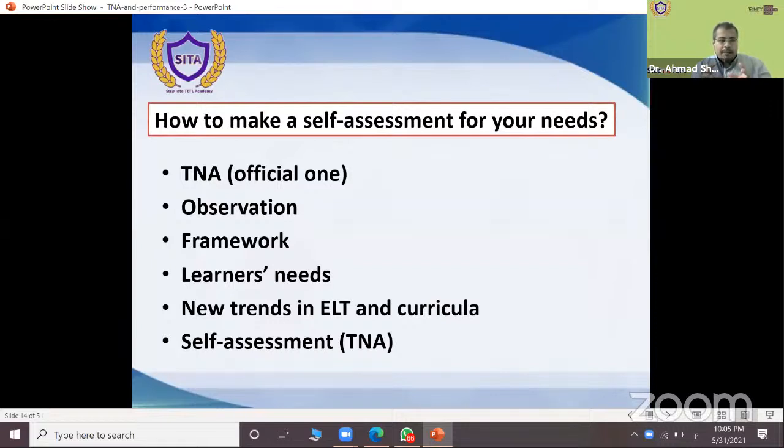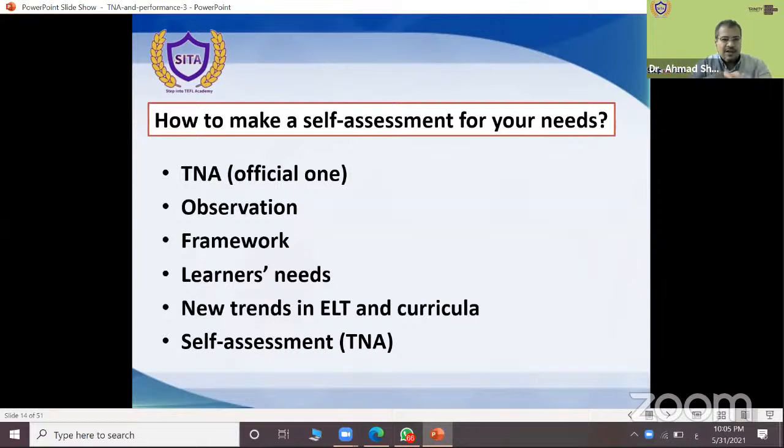But it is not a skill, it is a content-based module. This needs different techniques, different strategies to convey to the students. So you should train yourself or read more to upskill yourself to be up to this level. Self-assessment, the TNA, which I'm explaining to you today, is about how to do your self-assessment.